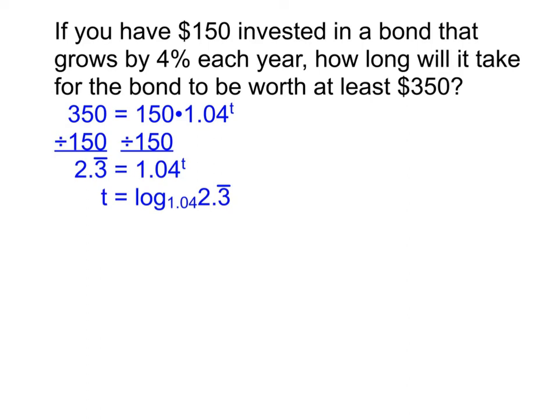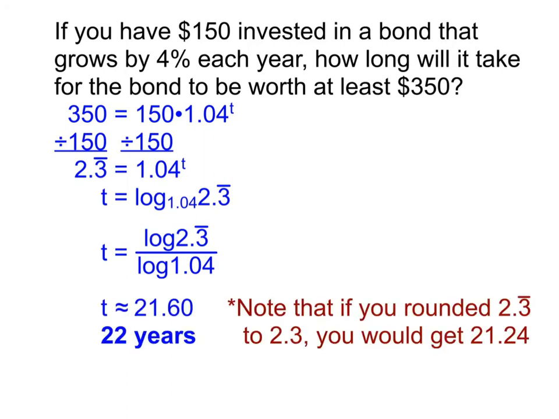But it's okay, we still proceed with calculating it the same way we always would. And that is to use the change of base formula, which is the log of the 2.3 repeating over log of my base, 1.04. Now remember how I said we don't clear that 2.3 repeating off our calculator? Notice when you go to do this calculation, that's actually very useful, because that 2.3 repeating is still showing on your calculator. So you can go ahead and just do log of that number. You don't have to type it in again. Just use log of that number and then divide it by the log of the 1.04. When you do that, you get an answer here of about